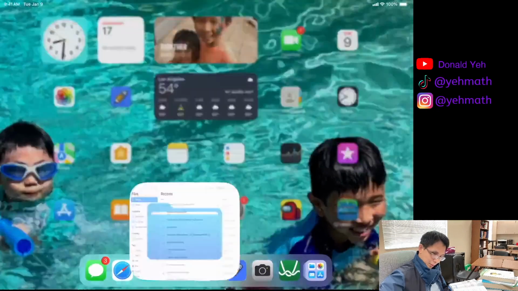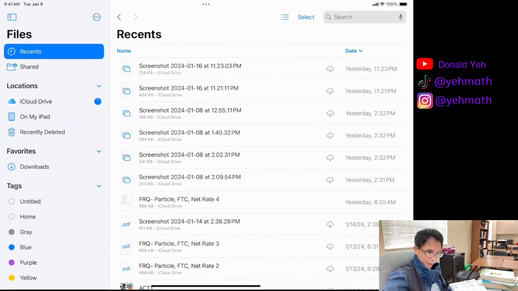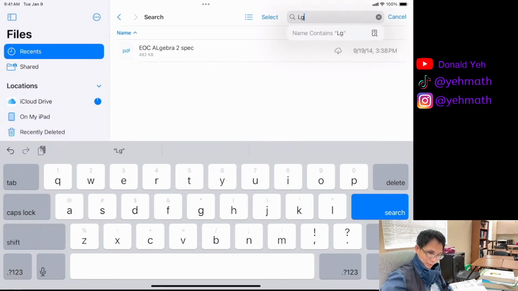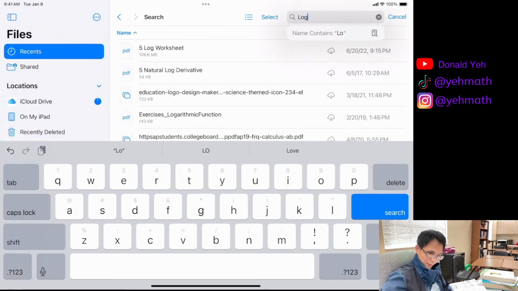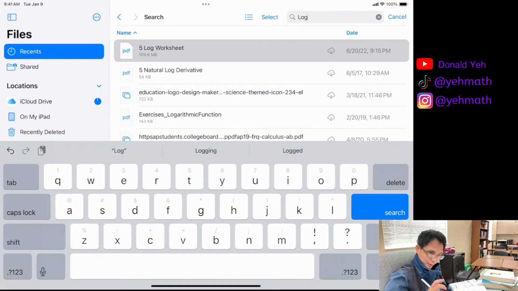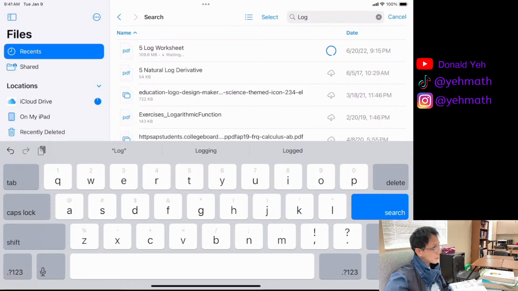So what I'm going to do is bring a logarithm worksheet out because I feel like you guys need help with logarithm. I don't want to cover derivatives and integration, so I'm going to give you a crash course of logarithm in the next 20 minutes. There was always one log question on the ACT. Not everybody's taking the ACT, but